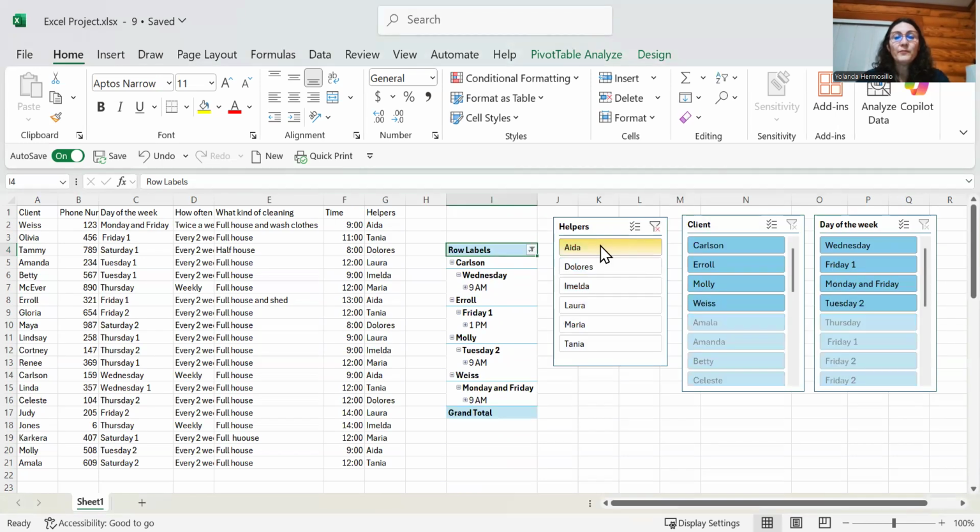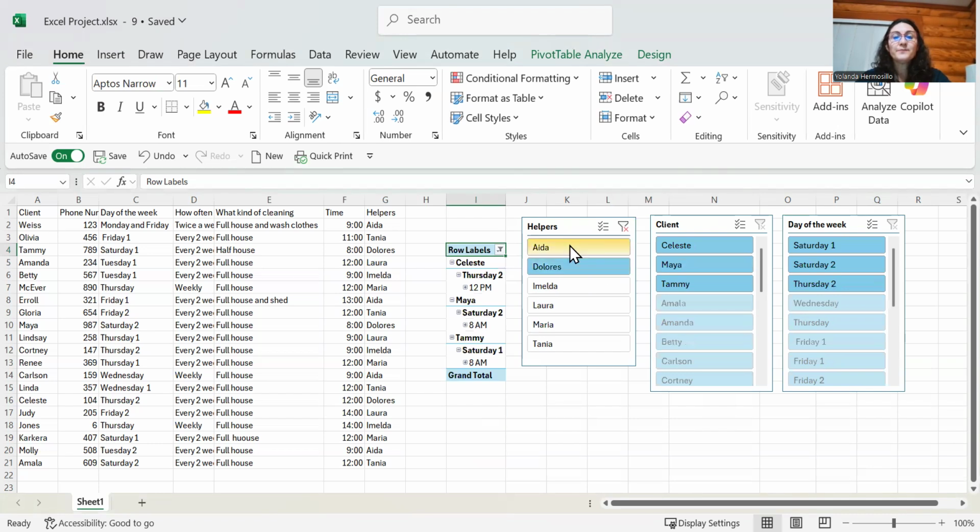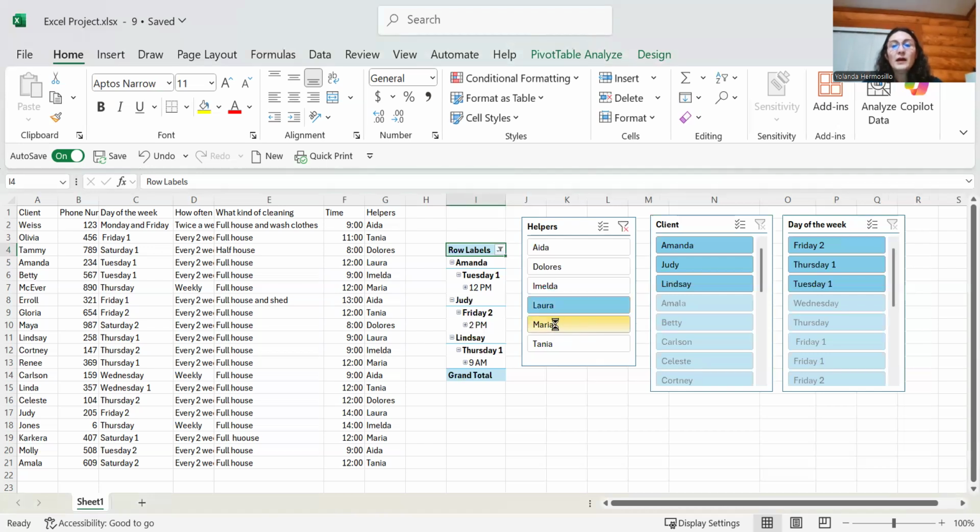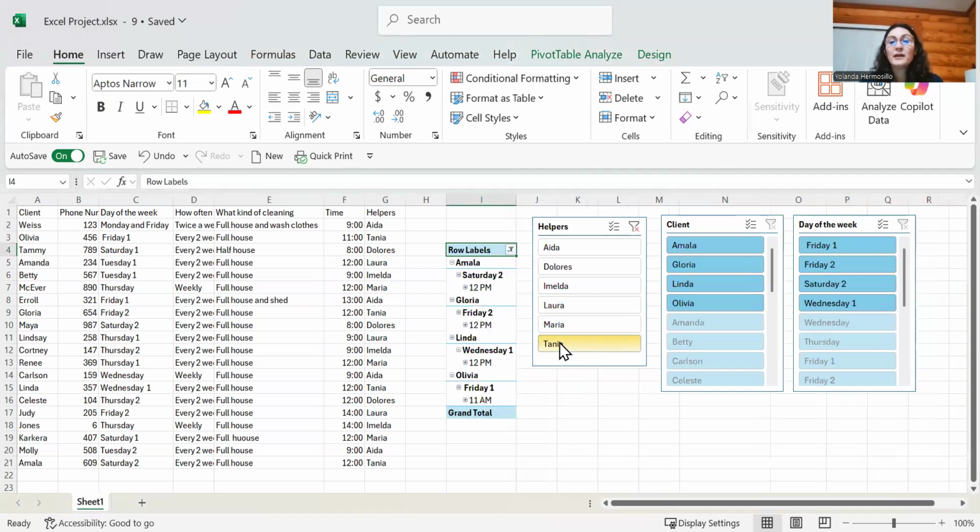Like here, she will be cleaning Miss Carson on Wednesdays, Errol on Friday, and Molly on Tuesday. Also Waze Monday and Friday. And then Dolores, she will clean these 3 houses. And Imelda will clean these houses. You see? And Laura and Maria and Tanya.